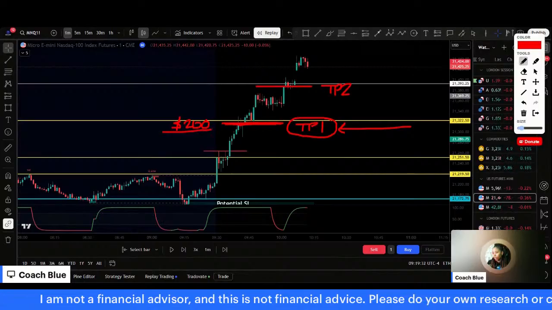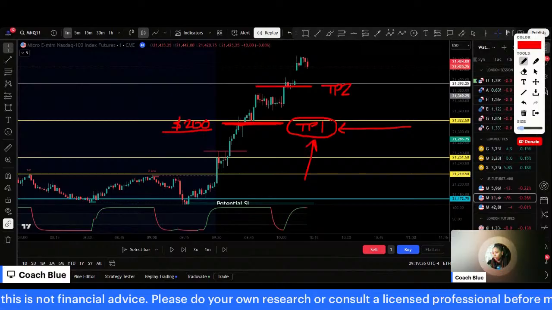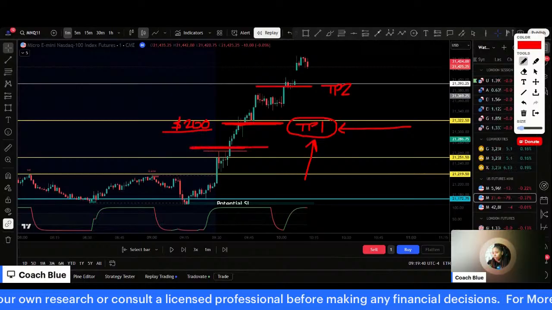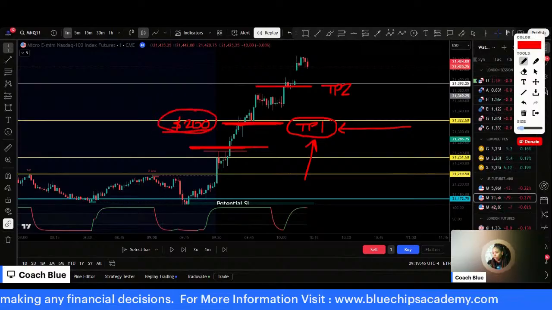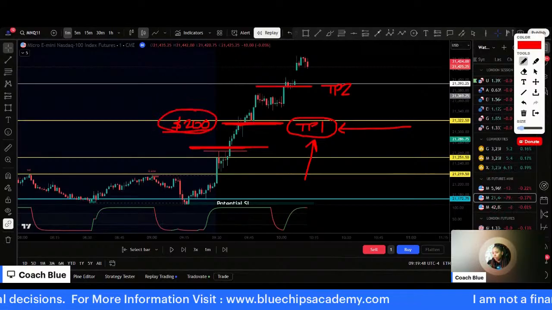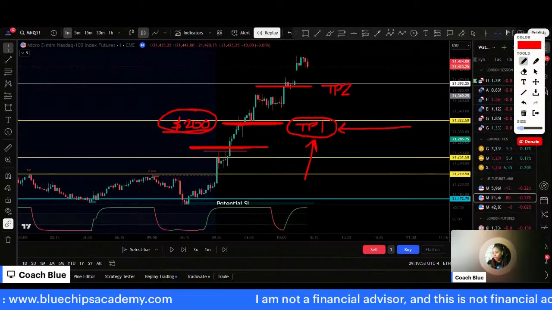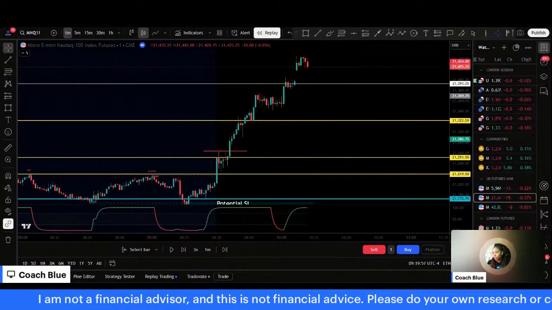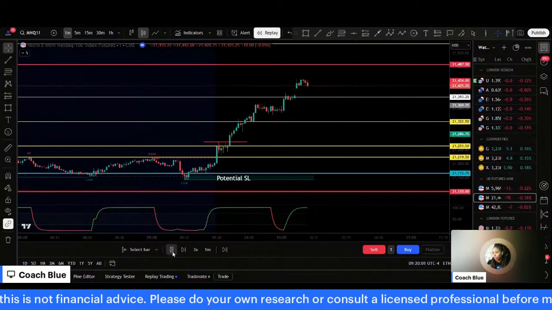Okay. That second position, once TP1 hits, you want to move your stop loss. So at this point, you're in a risk-free trade. You've taken your profit for the day, and now you're just putting yourself in position to make more profit. So regardless if price comes back down or not, you can still capitalize from those huge moves. So let's see how far NAS moved, and then we'll calculate it from there.